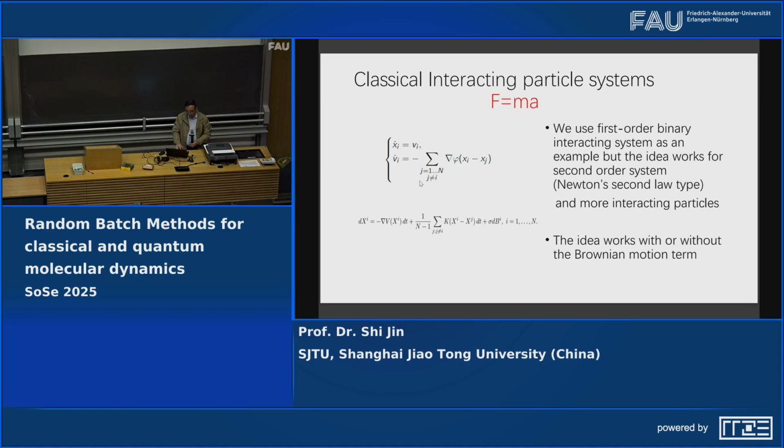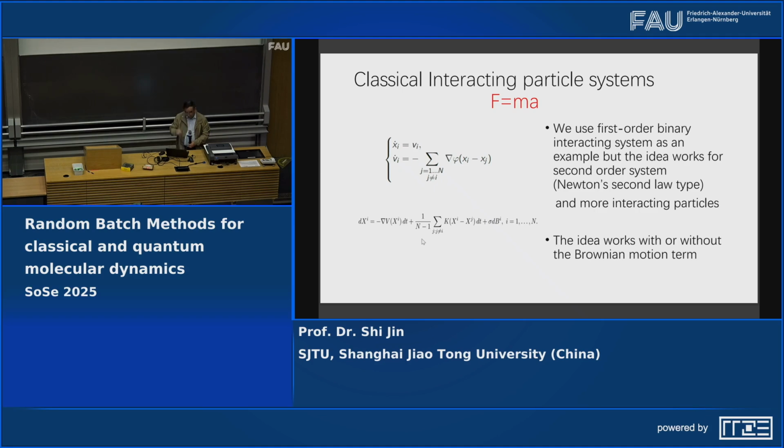This is usually called a second-order interacting particle system, where phi is the potential. The negative gradient of the potential is just the force, so it's the force between the particles. Sometimes you take the so-called overdamped limit and you get a first-order system. You eliminate the velocity, for example, in certain asymptotic regimes. Then you have this